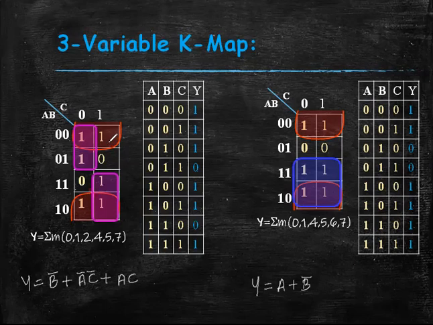Here for the red quad it is B bar, and here also it is the same red quad. Then the result is y is equal to A plus B bar. Okay,